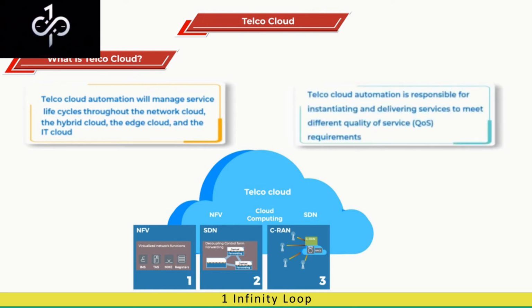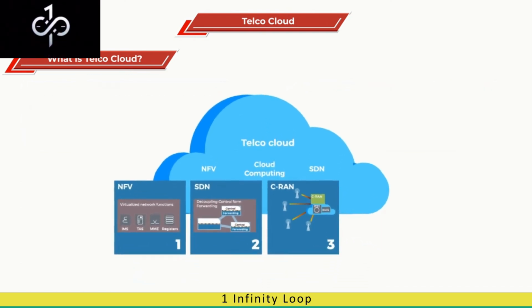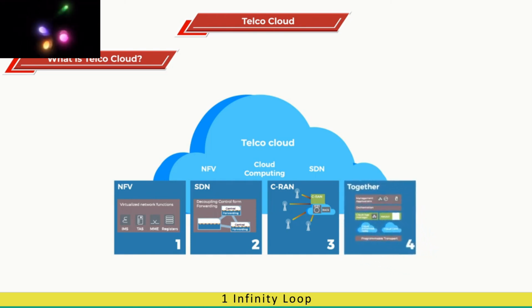Telco cloud automation is responsible for instantiating and delivering services to meet different quality of service (QoS) requirements seamlessly across network resources. With telco cloud automation, error-prone human activities like service provisioning are automated to remove complexity and optimize overall resource utilization. With a flexible software foundation and automation platform in place, the last layer of a telco cloud is